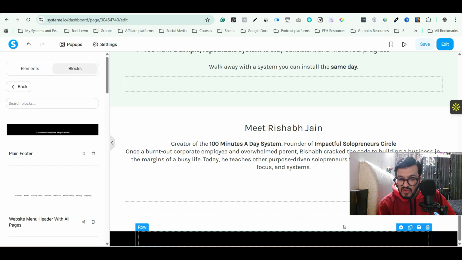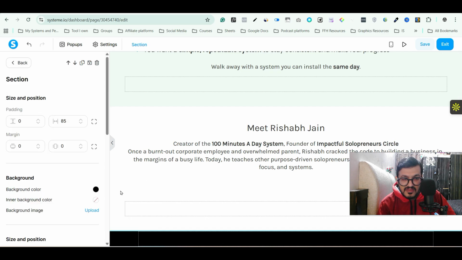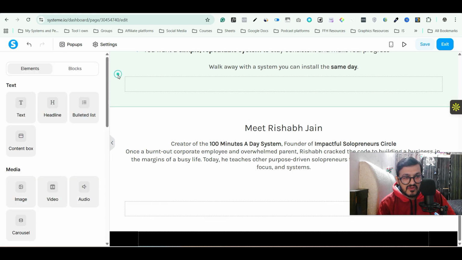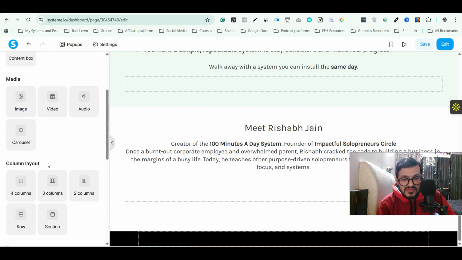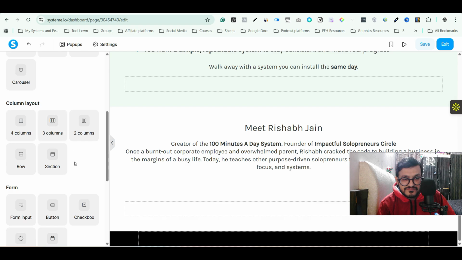Now what we will do, we will click here in the section, and we will first add the inside sections here. I'm going to divide this particular section into two parts. On one side we have a button, the call to action, and on the other side we have some text, a headline that will be there to create some kind of urgency or to push people to click on the button. So let's add these two columns